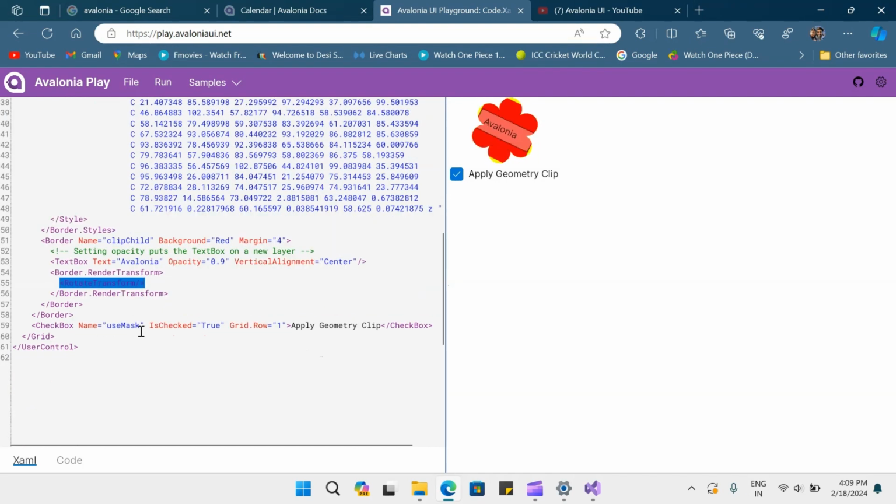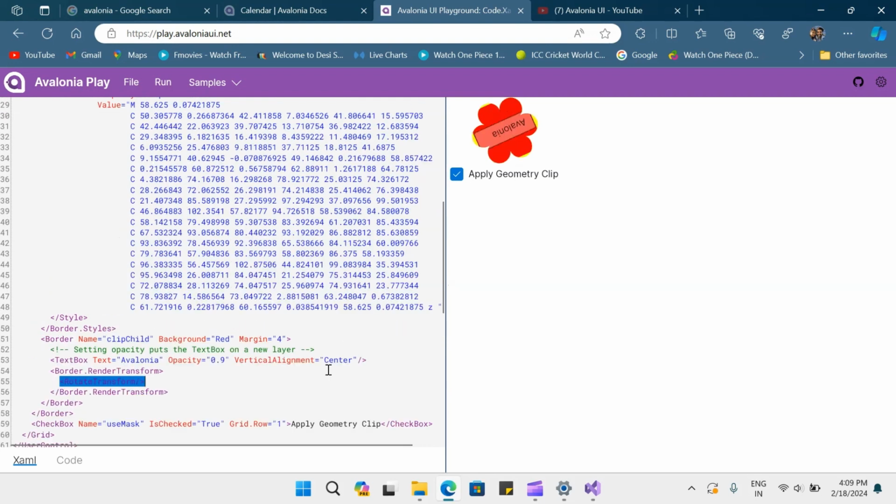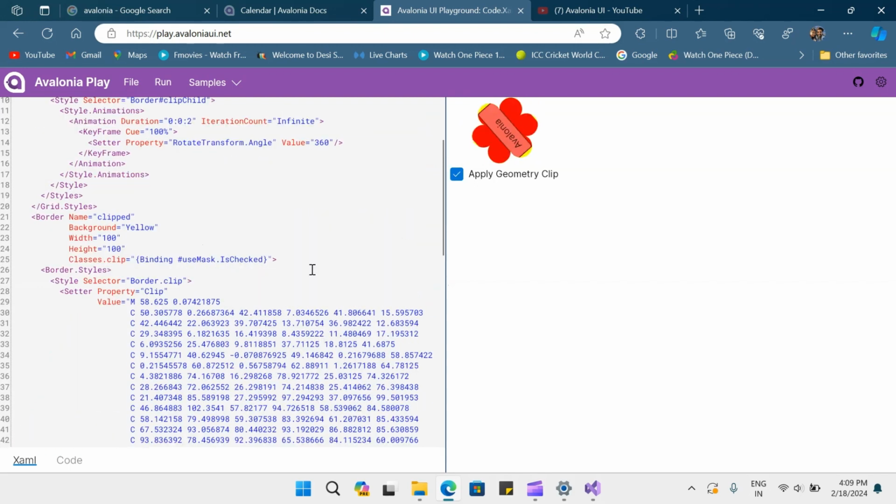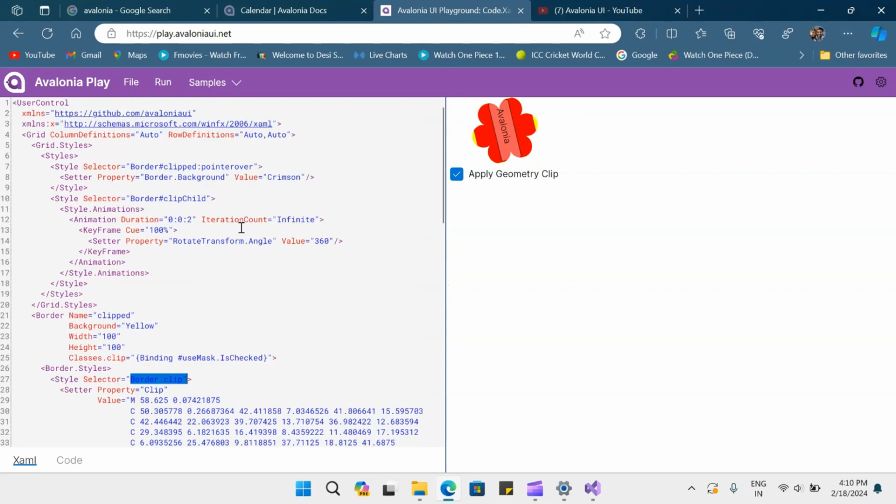Then we have a checkbox which says use mask, and it's checked equal to true by default, and the apply path geometry clip value is set. Now when you uncheck this, you can see that the geometry is removed from the rectangle, but if you click on it, it will be applied. Here you can see classes.clip, and it is bound to this isChecked property, and what is applied is this clip, the path geometry on the shape. So that is how you can use this